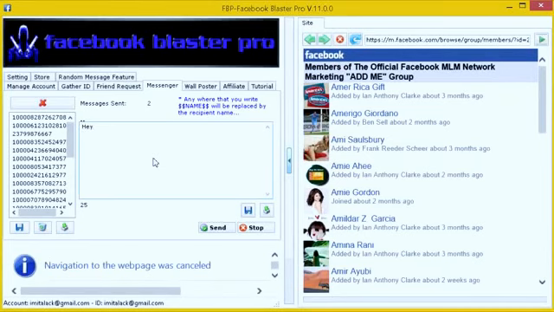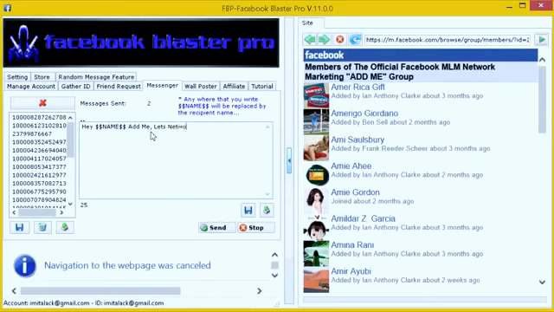Real simple. Hey, and as you can see right here, anywhere that you write this right here will be replaced by the recipient's name. Okay, so we're gonna put that right here. And what that does is, say if we're trying to contact Amy over here, it'll say, hey Amy, and then my message. All right, guys, real simple. So hey Amy, add me,